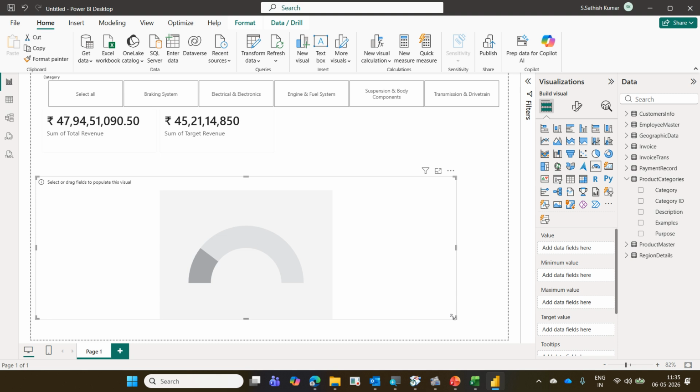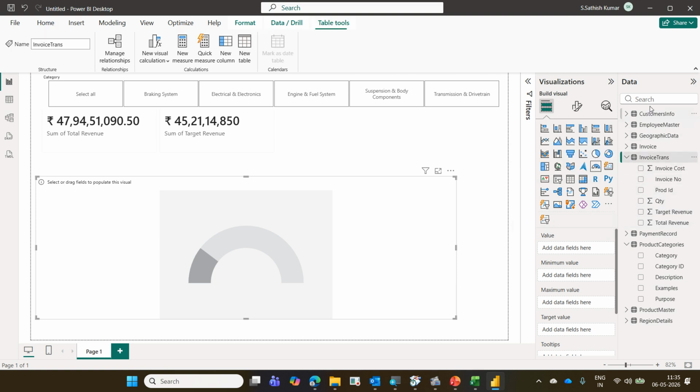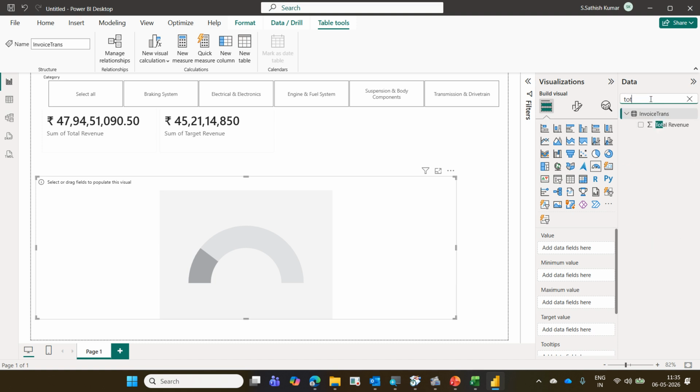After clicking on gauge, go to the invoice trans table, target revenue and total revenue. If you are not able to find the target revenue, total revenue, no problem. Go to the search box and type it. Suppose total revenue, TOT. When I type TOT in the search box, you will get the total revenue. Or manually you can go there and select it also.